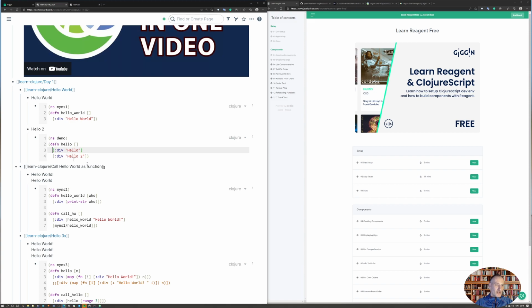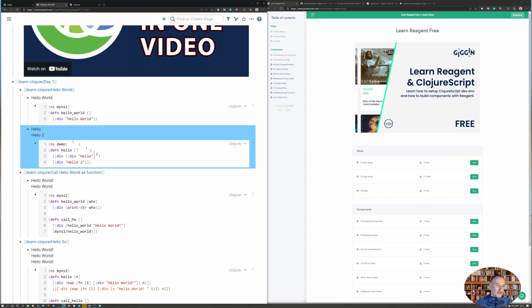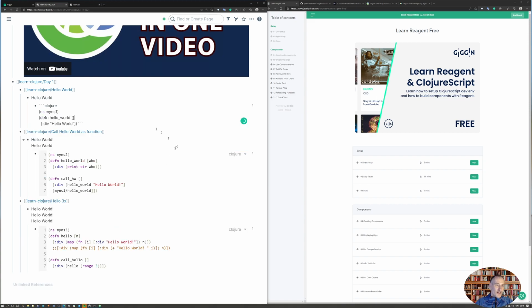If I want to return both of these, then I would need to open a div, and with that put these two vectors into a vector, and then what you can see is if I refresh this, I get both of the hellos. Now I'm going to delete this and just come back to here, and the way it works in